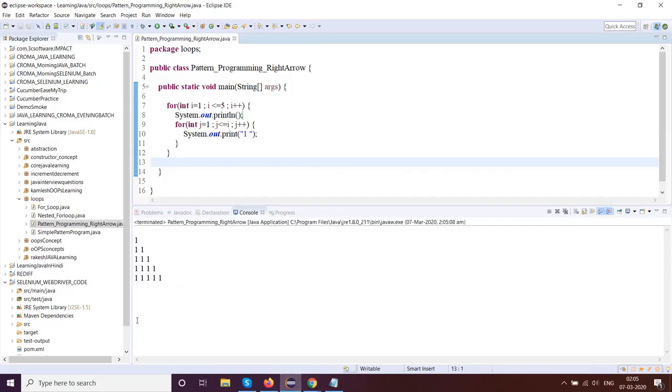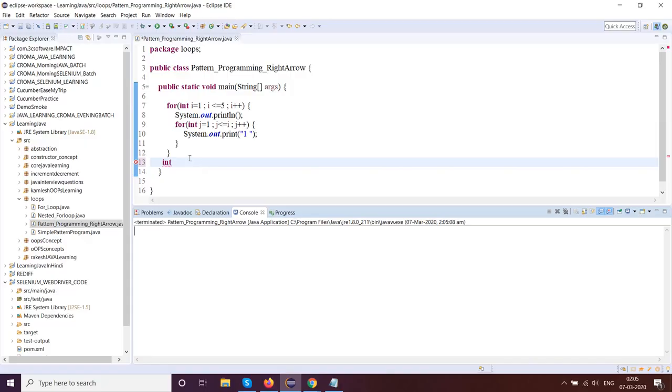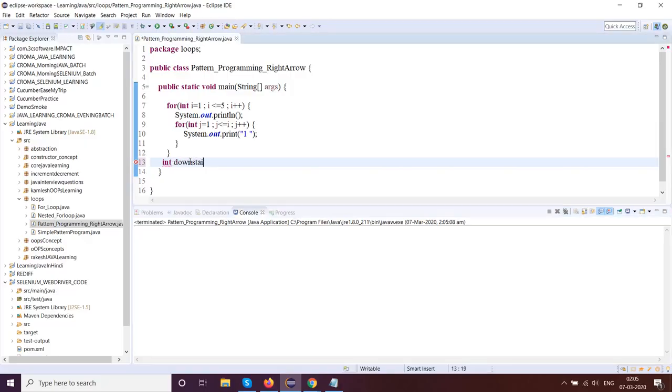output. Now we have to make the other half of the arrow, which is the down part of it. So what I can do is I can make a for loop here as well, but again that will give me i, j, k, and then we'll have to make l and m kind of for loops. So what I'll do is, instead of making another for loop, I'll just go ahead and declare something like int downstairs equals 5. Okay, and we'll begin for